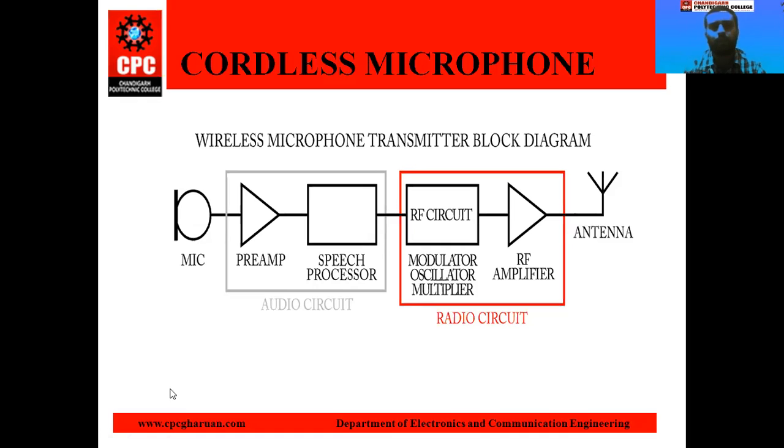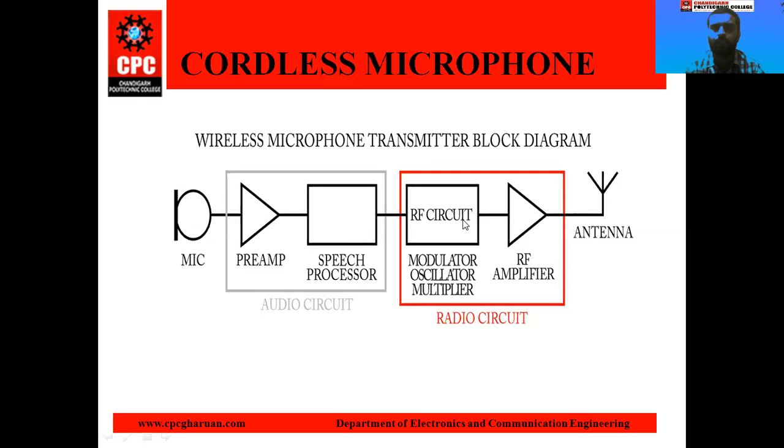First is your transmitter and second is your receiver. In the transmitter part, the first block is the mic. The main function of the mic is to convert the audible signal into an electrical signal, and that electrical signal is a very low voltage signal, so we have to pre-amplify and process the signal. After the pre-amplifier, noise is removed by signal processing. Proper audible electrical signal is formed at this level.